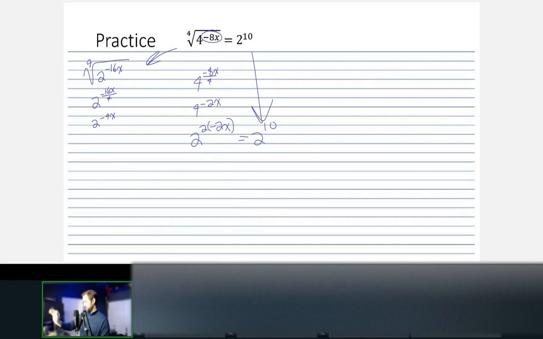So the bases are the same, 2 and 2. So we're going to say the exponents equal each other. So 2 times -2x is -4x equals 10. And then let's quickly just solve the rest of it. So divide both sides by -4. Sometimes I show what I'm doing. Sometimes, most of the time, I don't. I just say it. But